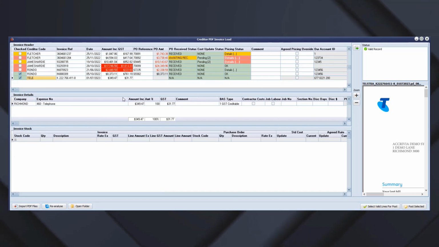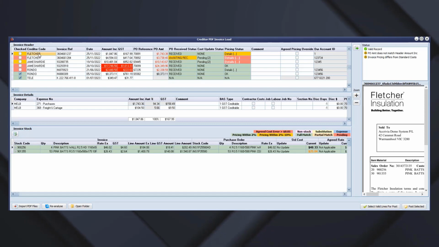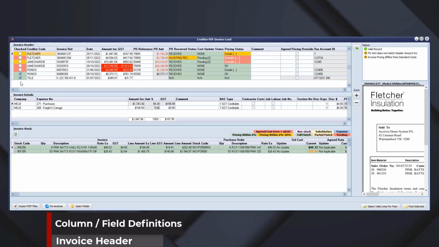It will only be the expense allocation as per the normal posting of an invoice in the creditor invoicing screen. For those suppliers where stock is associated, of course, we will see the stock on the invoice against the stock on the purchase order. So starting with the top form, checked, as I said earlier, allows us to put a